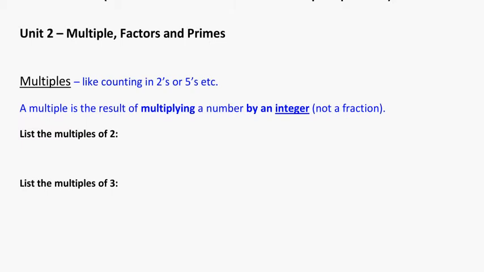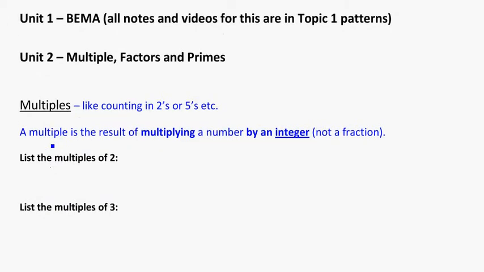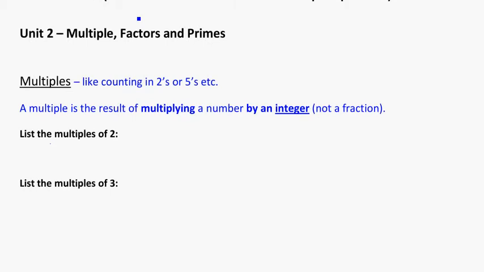Okay, so we're starting into topic 2, and just wanted to point out to you again that the very first part of this unit on the BEDMA, the order of operations, and integers, we've kind of covered all that with topic 1 at the start of it, so if you need a recap, go back and look at some of that stuff. But starting into the second unit on multiples, factors, and primes, we're going to take a look